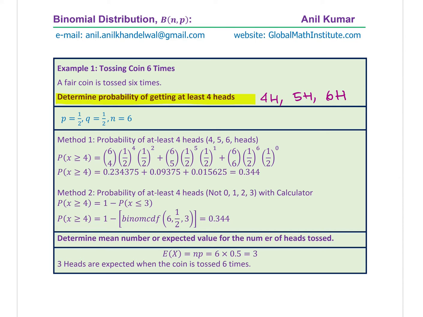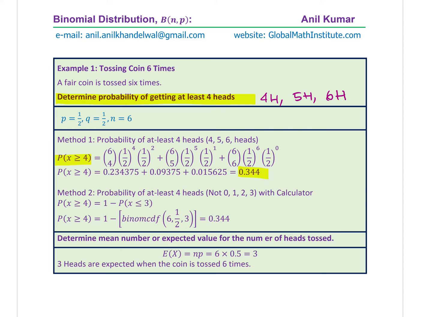Since we are looking for the probability where x is greater than or equal to 4, it will be 6 choose 4, half to the power of 4 times half to the power of 2. This is for 4 heads. For 5 heads, you change the value of r to 5, and for 6 heads, to 6, and then you can evaluate. You get the answer